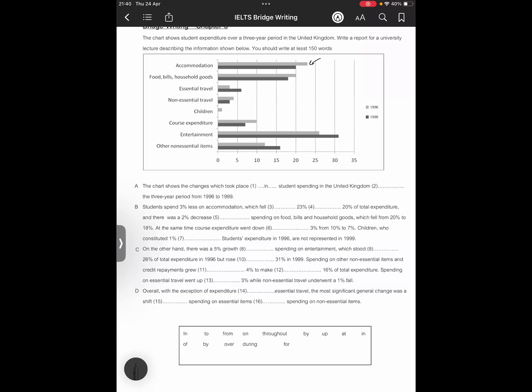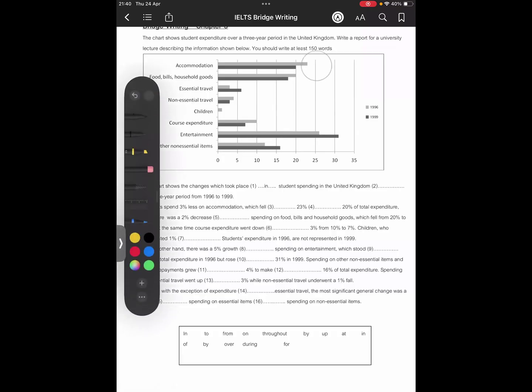So this bar right here tells you the percentage of how much this item accounts for the expense of the student in what year was it? 1996. Okay. So assuming that they spent $100 in year 1996,